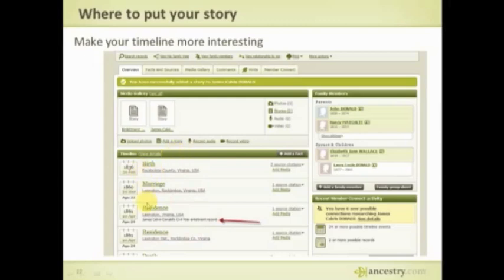Just reading birth, marriage, residence, it gets boring. We'd like not to be boring. If you show this page to your children or people at your family reunion, they're going to be bored. If you start to put words in there and put a story in there, well, some of them are still going to be bored, but it'll be a little bit more interesting. How you do this is if you click here on this particular one, residence,